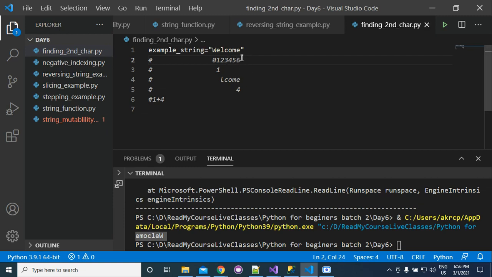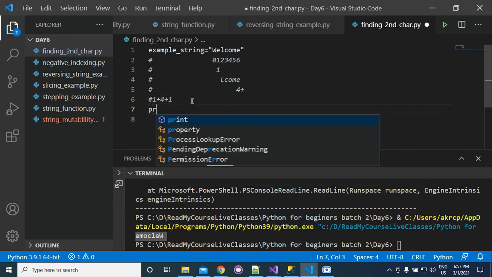Why is this 6? In LCOME we get 0, 1, 2, 3, 4. So it is not just 1 plus 4; you need to count the characters after the first occurrence, so it is 1 plus 4 plus 1. After 1 we count 2, 3, 4, 5, 6, and E is present there, so instead of 1 plus 4, you will write 1 plus 4 plus 1.